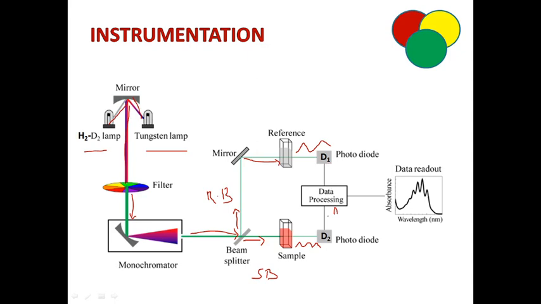So this is the data processing unit, that is the amplifier. Here the signals that come from D1 and D2 are arranged in a systematic manner. So the amplifier amplifies the signals, and those signals are passed towards the recording device, and here the recording device gives a fine spectrum of an organic compound. By visualizing the fine spectrum of an organic compound, we can find the compound structure.